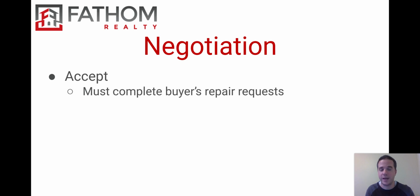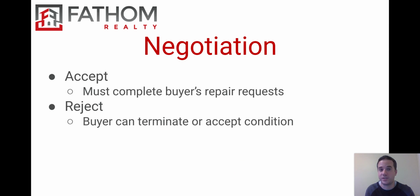You're contractually obligated to do so, and they will be checking up on that on their final walkthrough before they close. Of course, you can flat out reject the requests. This would mean that you're not going to do any repairs for them whatsoever. At that point, the buyer has a couple options. They can either terminate the contract if they disagree with your rejection, or they can accept the condition of your